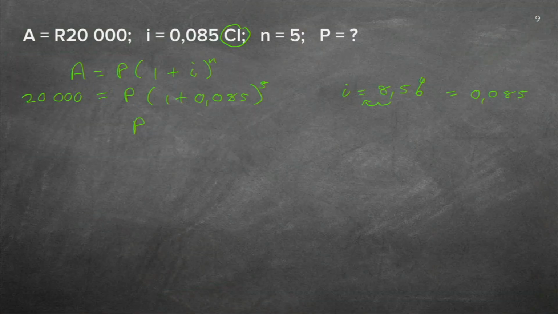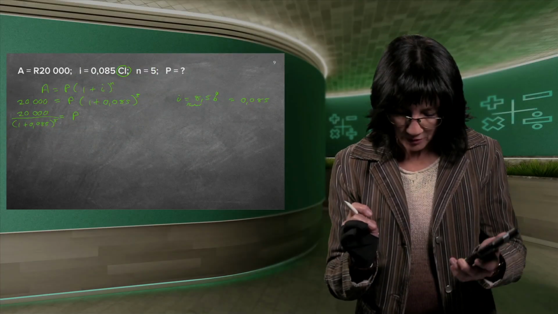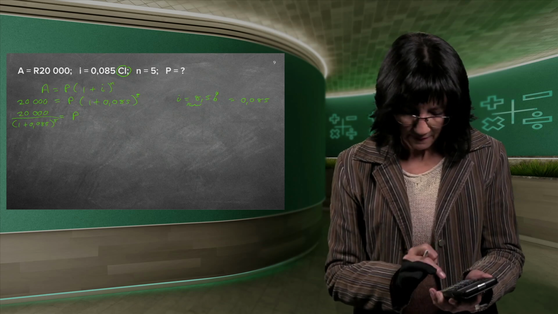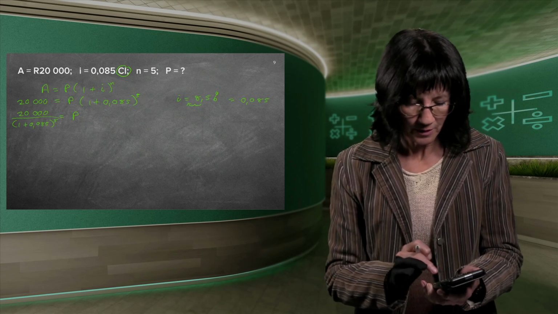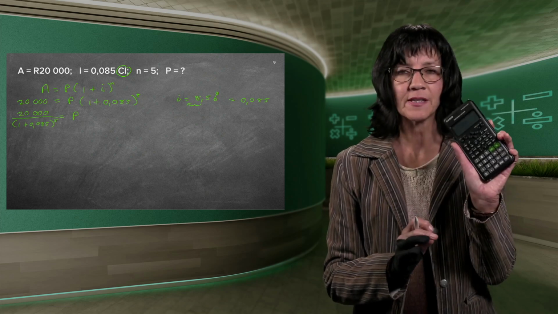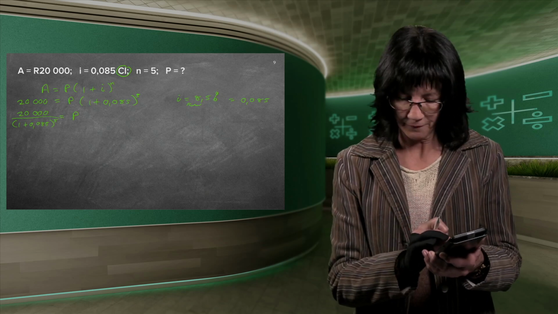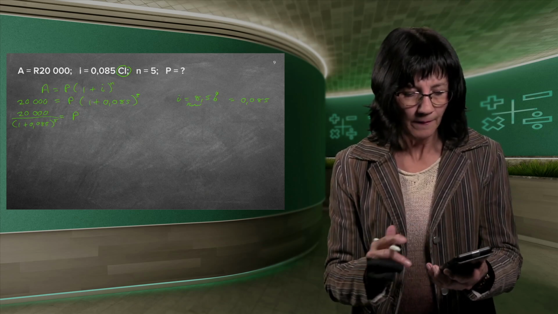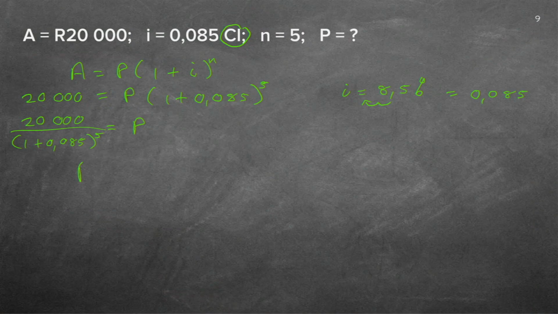But now I want the P all alone. So I don't want that with the P. That is being multiplied to the P. So I need to divide that whole fat thing, 1.085 to the power of 5. And if I do that on my calculator, I'm going to use the fraction button. So I'm going to put the 20,000 on top. I'm going to go down with my cursor, bracket 1 plus 0.085, close the bracket, to the power of, is that x with a little block on top, to the power of 5 equals, and I get P is equal to